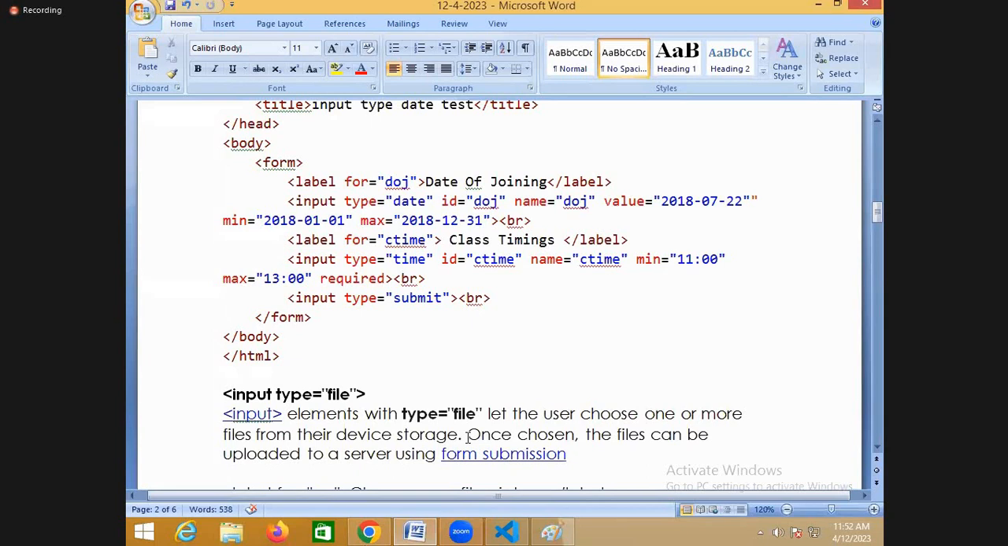But that can be stored in the database. But nowadays, people are not storing images, audios, videos or documents in the database, but they are storing them in the file system. Because if you store this data in a database, the size of the database increases. If the size of the database is increased, then reading becomes